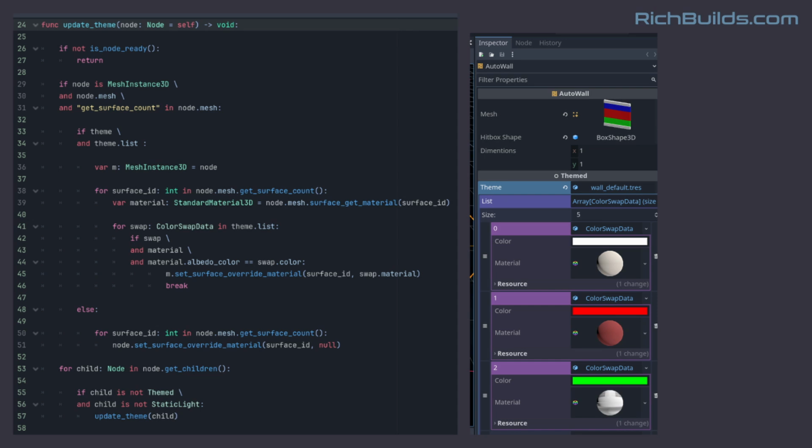So I pass in a reference to the parent node at the top, and out of the gate that's the theme node itself. I then check if the node is a mesh instance 3D node with a valid mesh, and that the mesh has its surfaces set up correctly. If that's all good, I check we have a theme to apply. I then cast the node into a mesh instance 3D so I can access its properties as a mesh instance 3D,